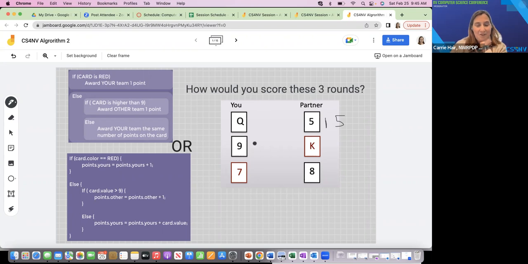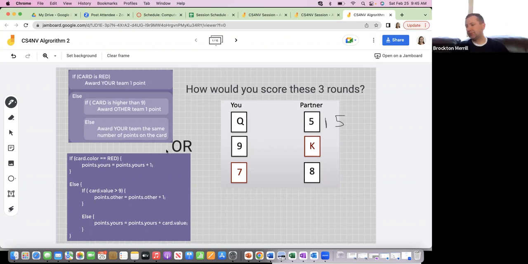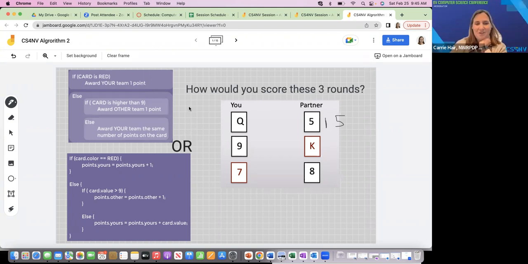All right, round 2. What do you think round 2 is? And did everybody follow that thought process? So with the conditional, we start with the if. If it's true, we stop. We never go down to the else. But if it's false, then we go down to the else and we try these two out. And again, if this is true, we stop. We never get down to the next else. But if it's not true, then we go ahead and go down to the next else.